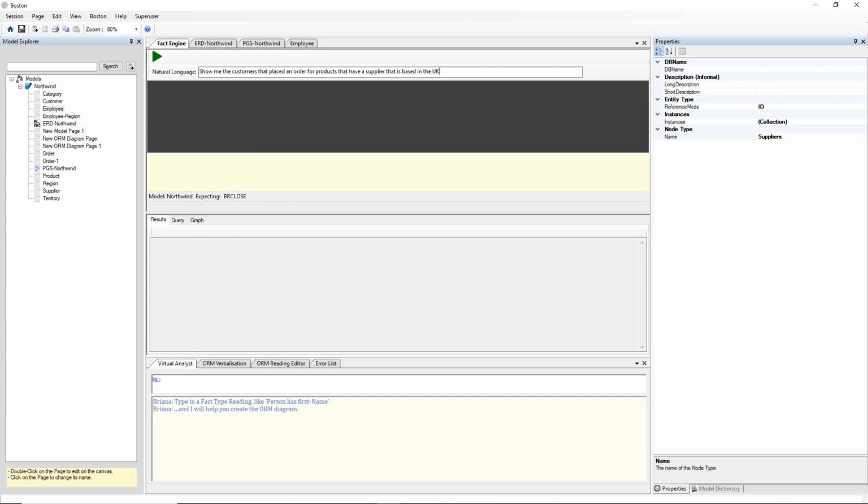So this query should work. So let's convert that to controlled natural language. And the model does not contain supplier.